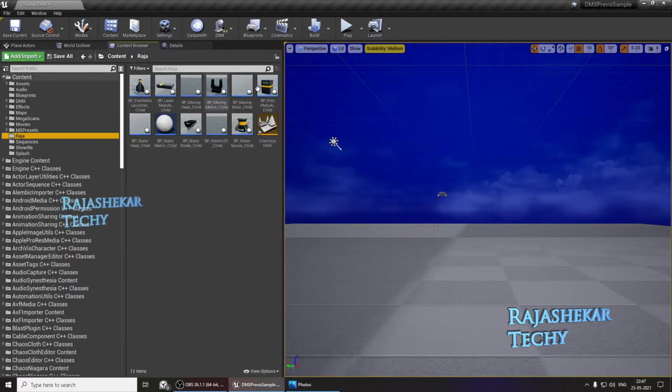In my case, I've already created all the child lights, so I'll be dragging them all one by one into the scene right now. Let's begin by dragging in the pyro.